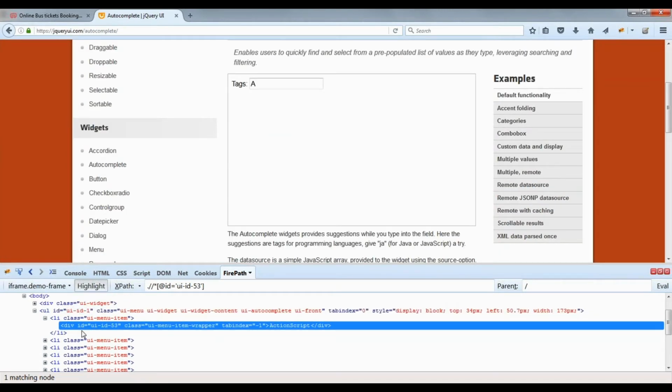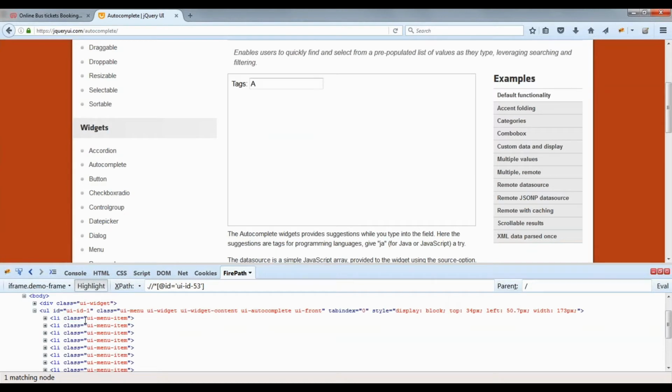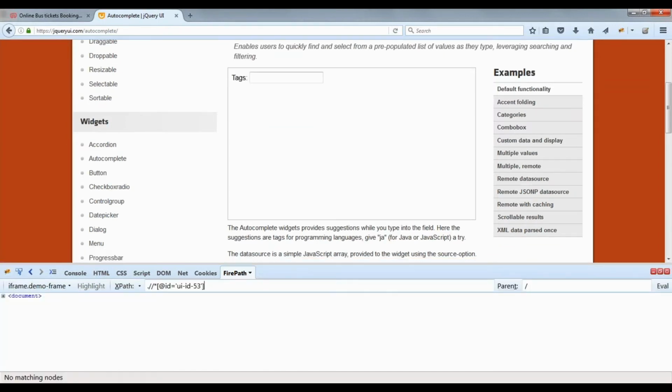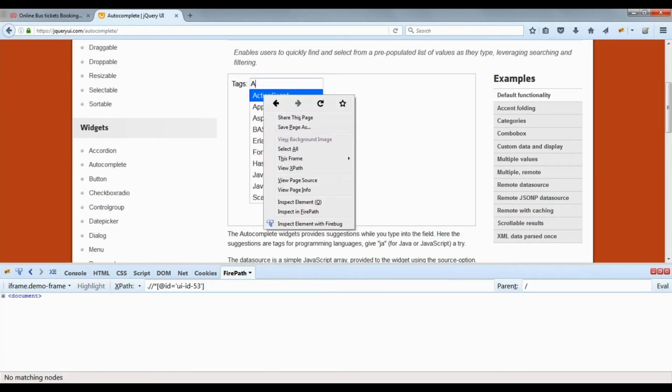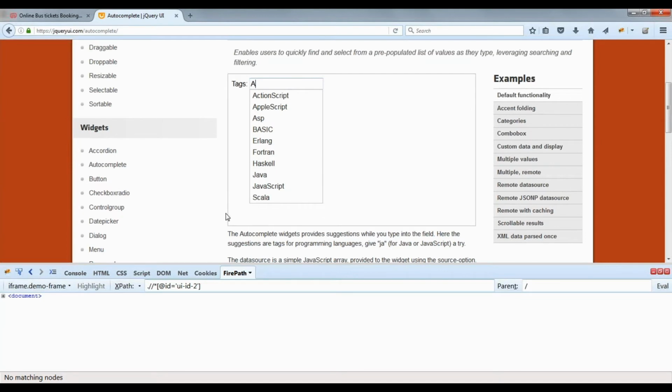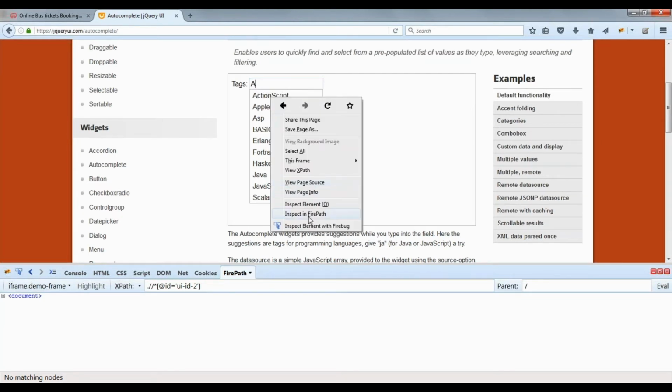UI ID 1 it has given, and this -1 can change. It can change or it may not change, but I don't want to take that risk.